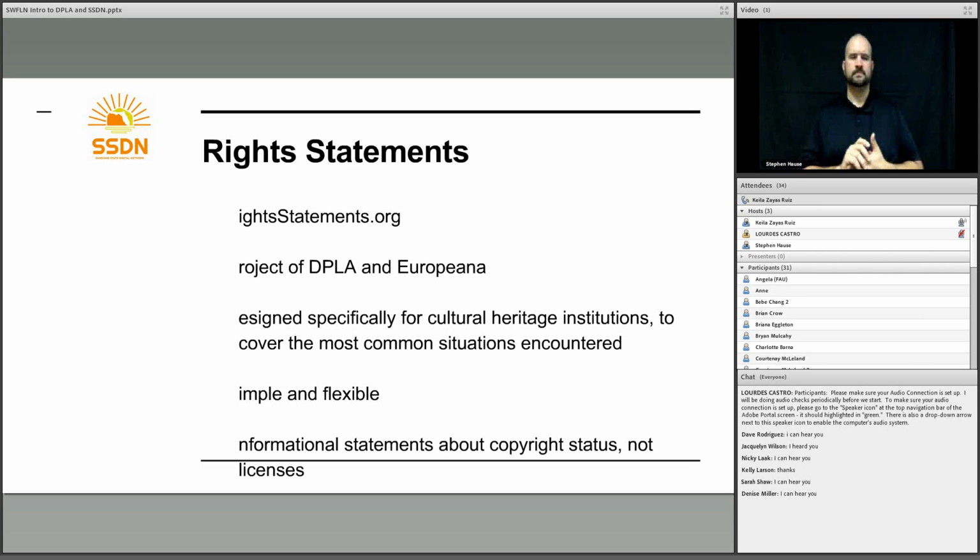And the final element we're going to be talking about is RightsStatements. So DPLA and Europeana, which is the European version of DPLA, have worked on a joint project together called rightsstatements.org. It's specifically designed for cultural heritage institutions to cover the most common copyright situations that are encountered with digital cultural heritage materials. It's a simple and flexible standard that lets the user know the copyright status of that object